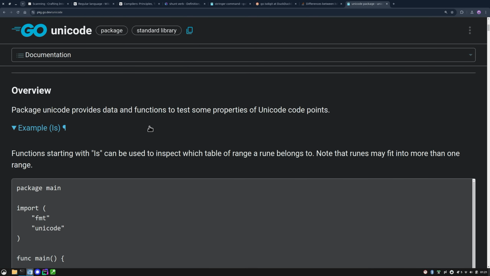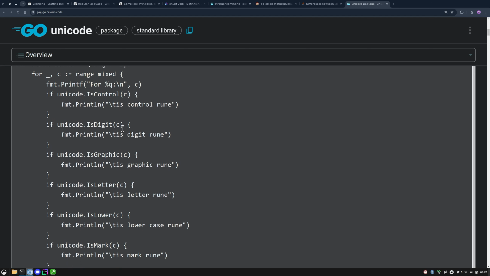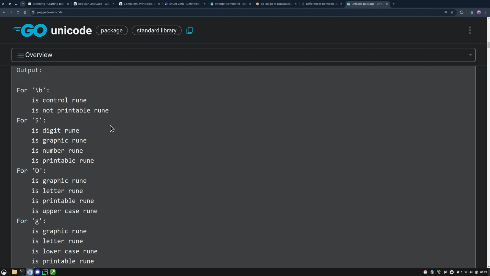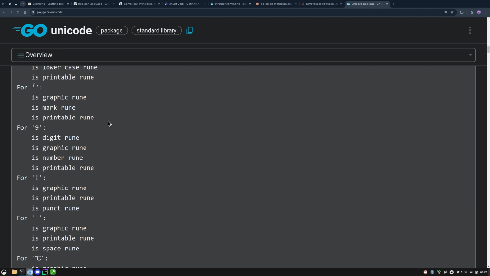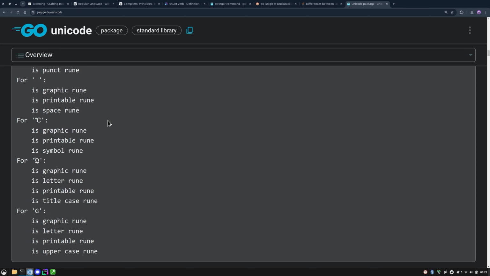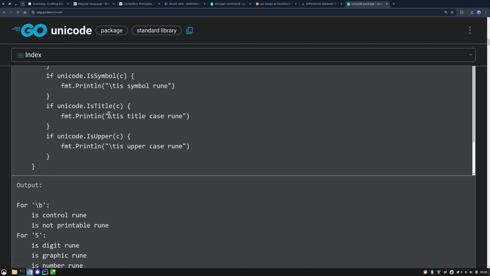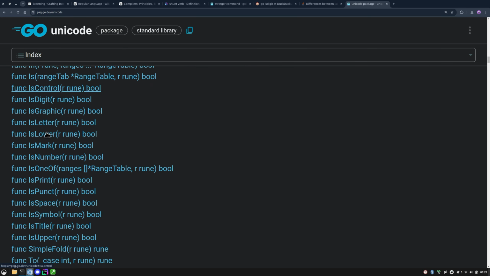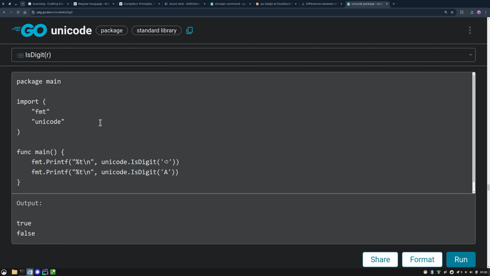And example is... okay, it doesn't say if we support all those weird digits, so maybe I can also go and see the source code. Oh yes, so this supports all those weird